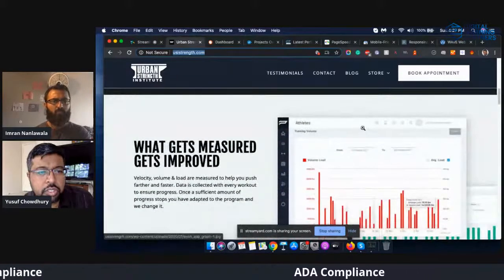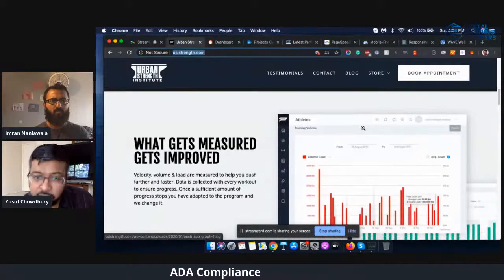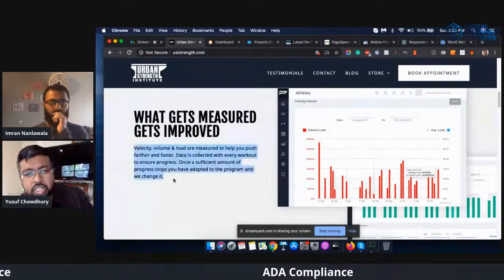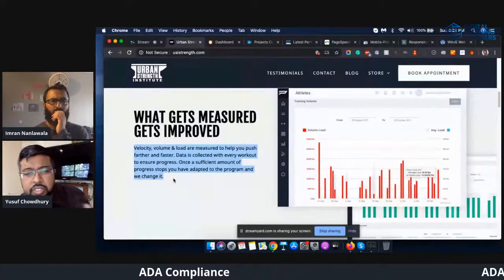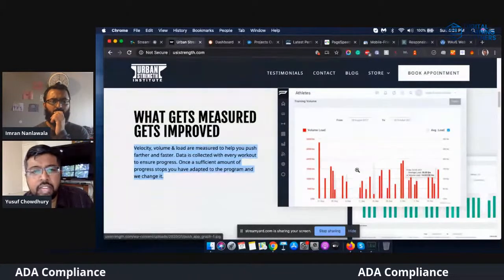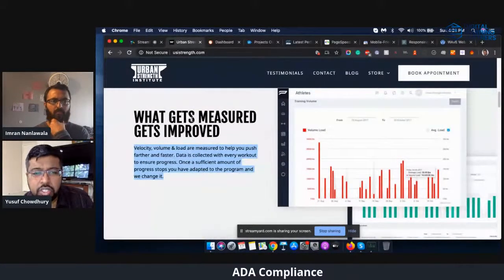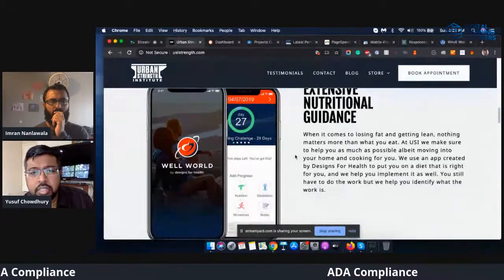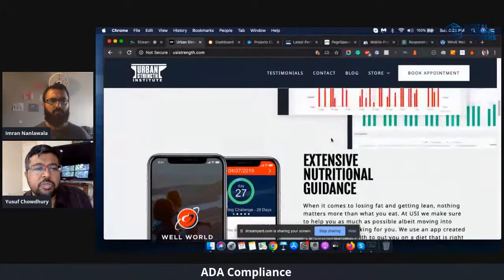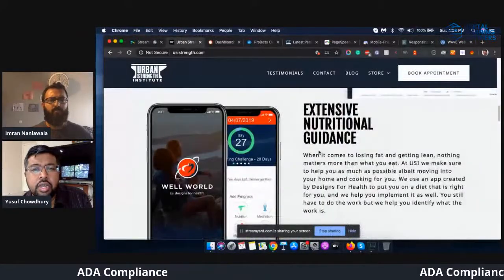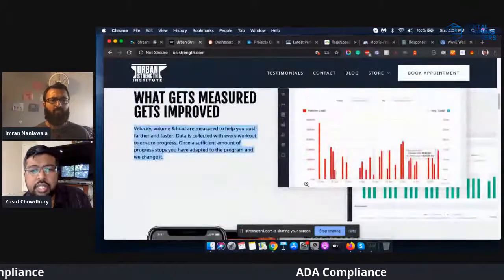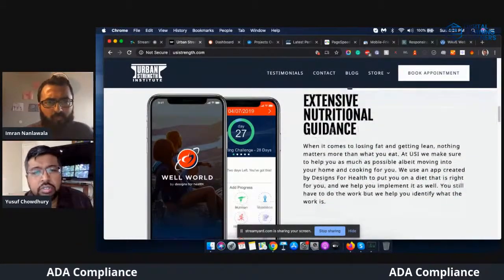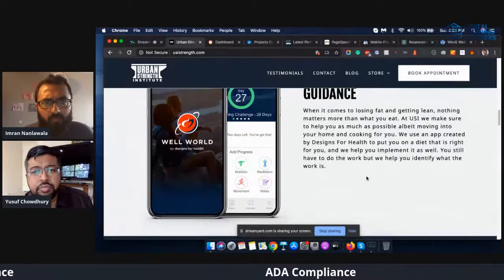What gets measured gets improved. I like that. I like the big text. This one right here is too small. You've got to enlarge it, maybe to 16 or 18 pixels. A couple of graphic images reflect this message. Nice, there's an app. He has an app. Extension, additional guide. So you see the text right here, the difference between this and this? Make this one like this one. You've got to be consistent. I love the bold text right there. It stands out. I like these images right here.